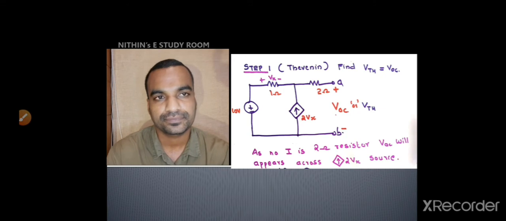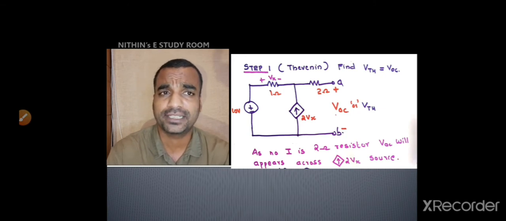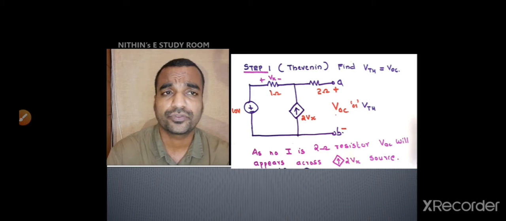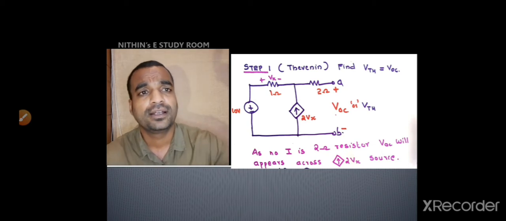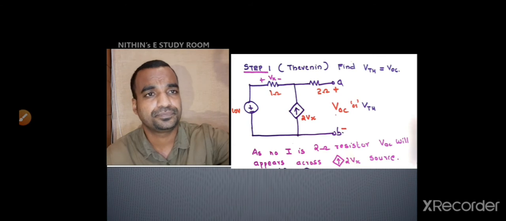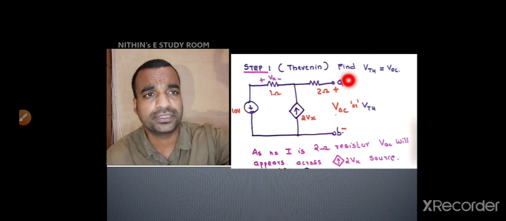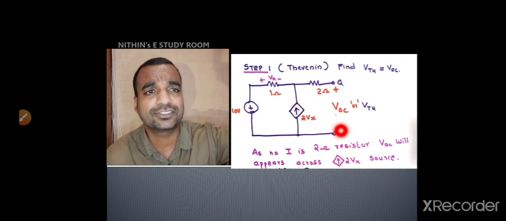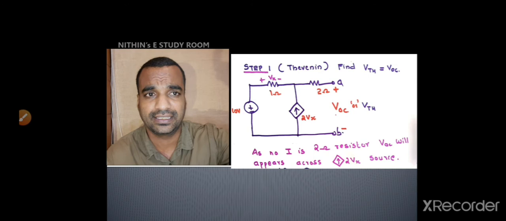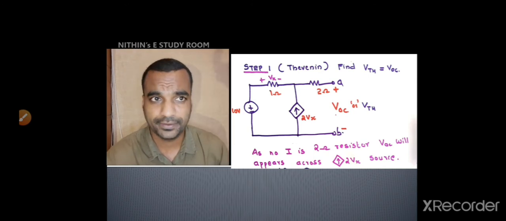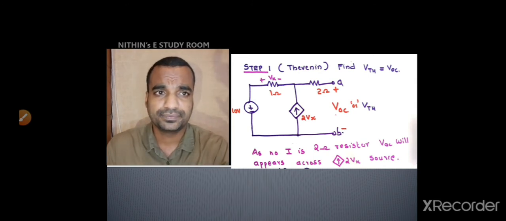Okay. I removed the load branch and I made the circuit open circuited. And what is VThevenin or VOC? I have removed the load branch and I want to find this VOC. And we know that as this side is open circuited, no current will pass from this point to this branch. So this 2 ohm is meaningless in this case only. So I am removing that 2 ohm.